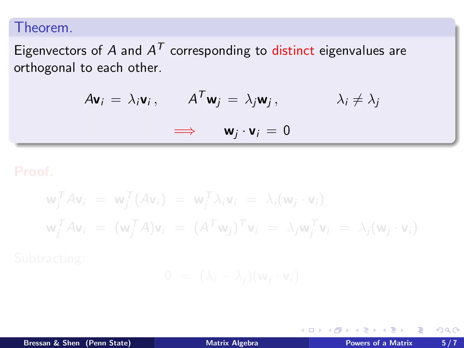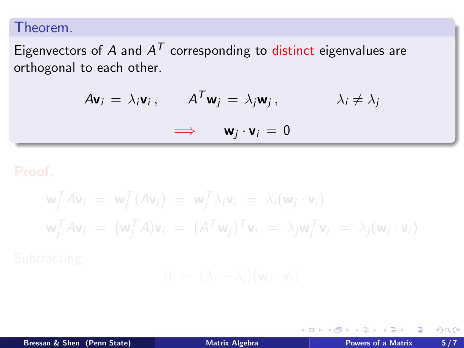In fact, that observation about orthogonality of the eigenvectors is actually a more general property. So let's give a statement for the theorem. Eigenvectors of A and A transpose corresponding to distinct eigenvalues are orthogonal to each other. More specifically, if I have A times v_i equal to lambda_i times v_i, so that lambda_i and v_i are an eigenvalue-eigenvector pair